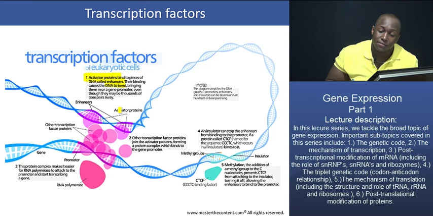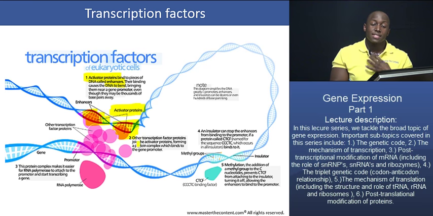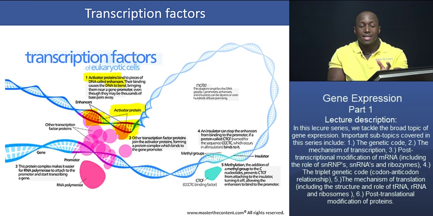Now, as you can see, we have activator proteins right here, attaching themselves to enhancers right here. And what happens is that tandem, that combination of activator proteins and enhancers, bends the DNA molecule to bring it closer to the promoter. Now, it doesn't matter if these enhancers are several thousands of nucleotides downstream away from the target promoter sequence. As you can see, that DNA strand just bends around such that it brings those transcription factors into close contact